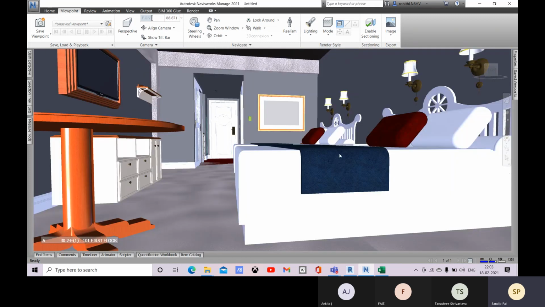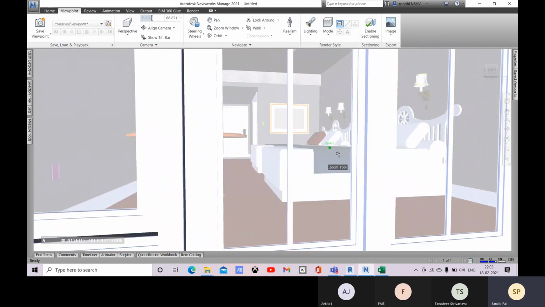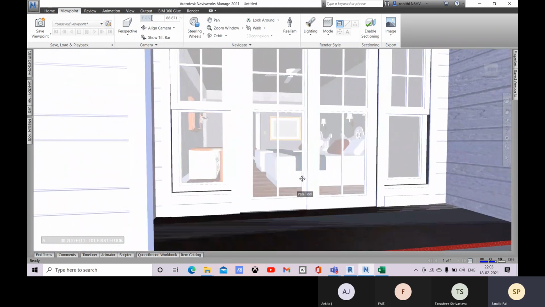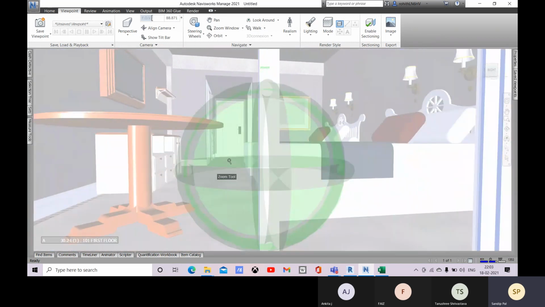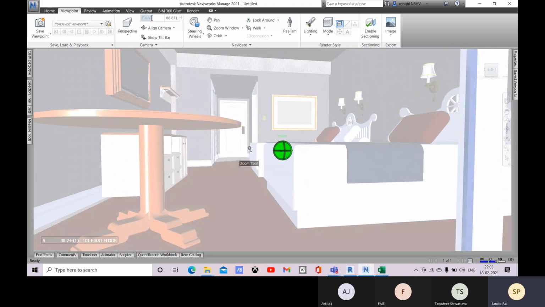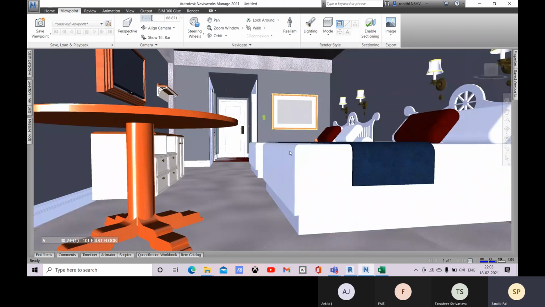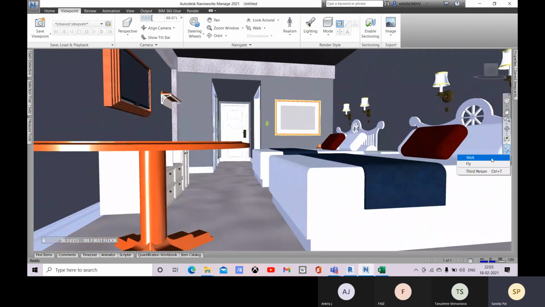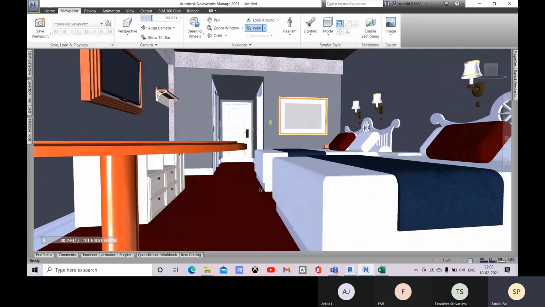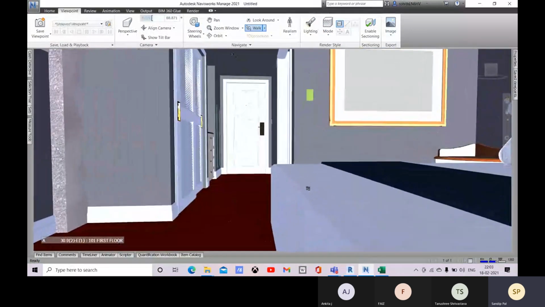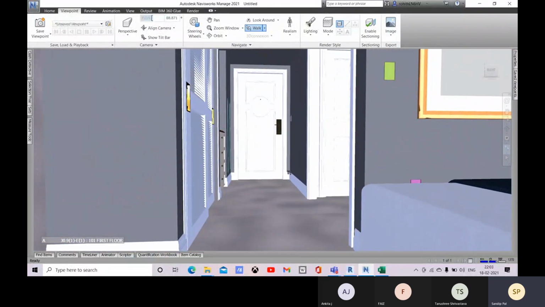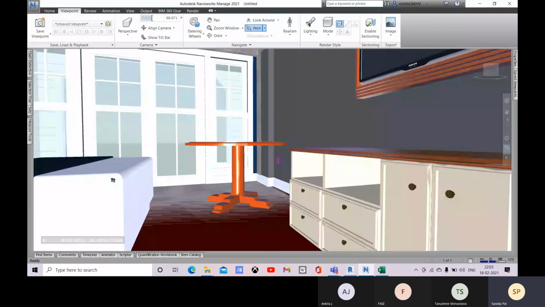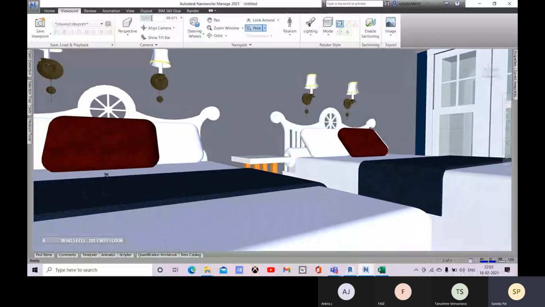So now let's unpin this so that we can get a broader view. Or else you can go with this walk option, so you can walk around faster. Okay, now what do we do? Let's have this view.